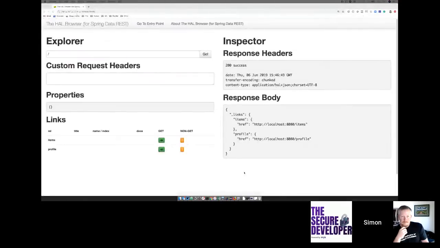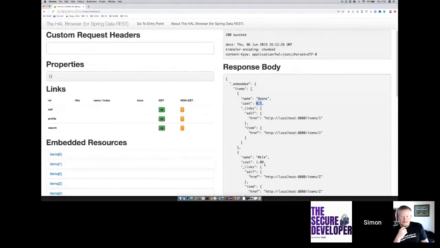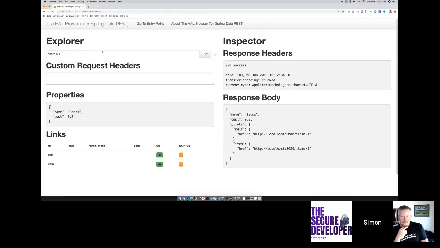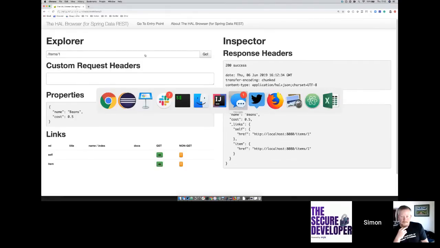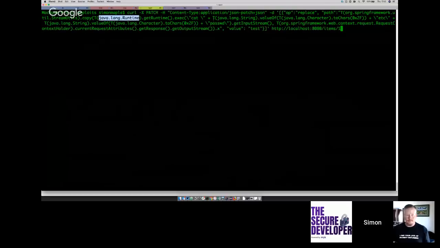So if I come here, I can actually say, let's go to my items API, and I can see some information here. So we can get beans at 50p, milk at $1.09, and so forth. If I wanted to, as this is just JSON, I can look at one specific version of that. Now, with this RESTful API, what I'm going to do is send a quick curl, and this curl is going to use SpEL, the Spring Expression Language, under the covers. And it's going to exploit a vulnerability called Spring Break by grabbing the runtime,